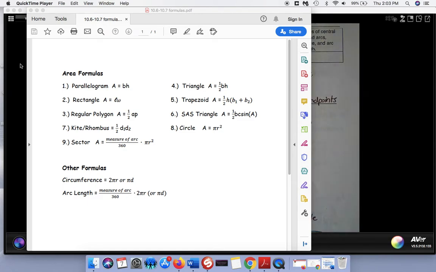Starting into a new unit with Chapter 10, you're going to see this formula sheet within this week's Schoology folder. And this has area formulas, as well as you can see the other formulas here. But what I want to point out is that when we start to talk about the lesson, which is going to be the first part of lesson 10.6,